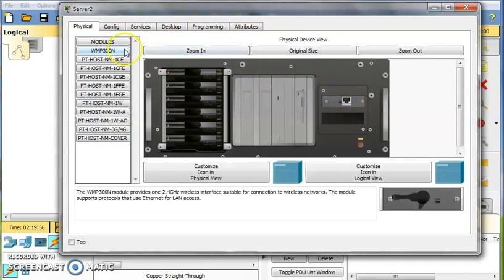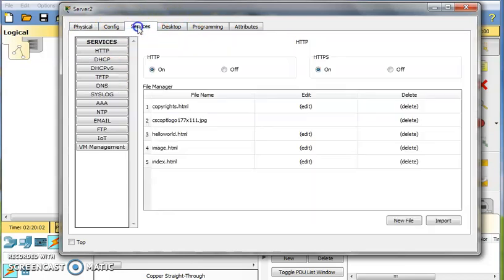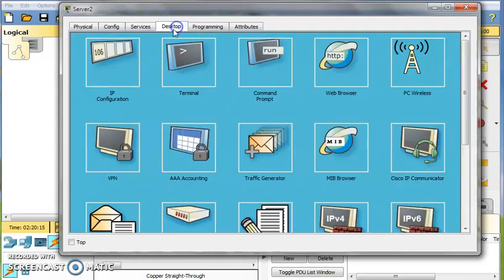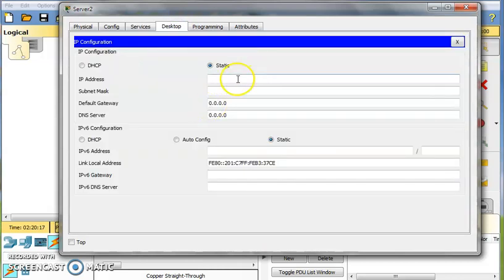In this server, these are the services available. That is HTTP, DHCP, and there is a tab that is TFTP. Before that, I will also configure the IP address for this server machine.